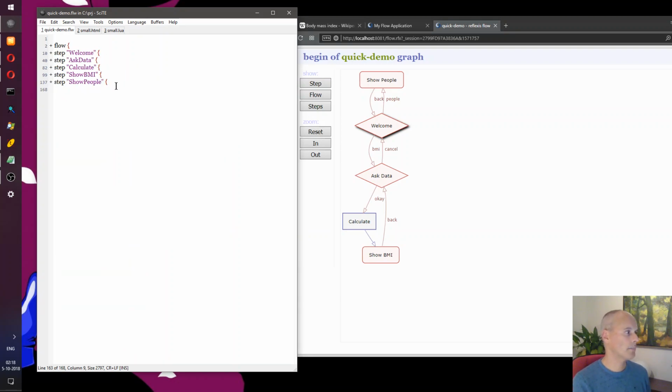These were the 5 steps that we created, and here are the same 5 steps, but visualized. So there's the welcoming page. Here's our form. If you choose the BMI route from the form, if the user chooses OK, there's a calculation performed in the server step. That's why it's blue. The user steps are red. And after the calculation, the results are shown.